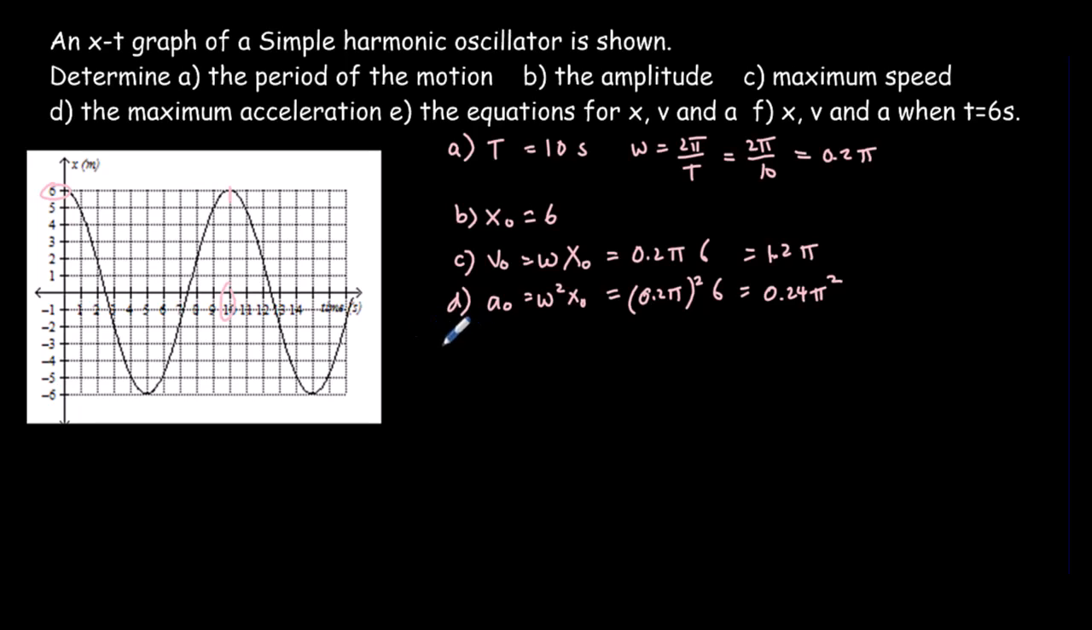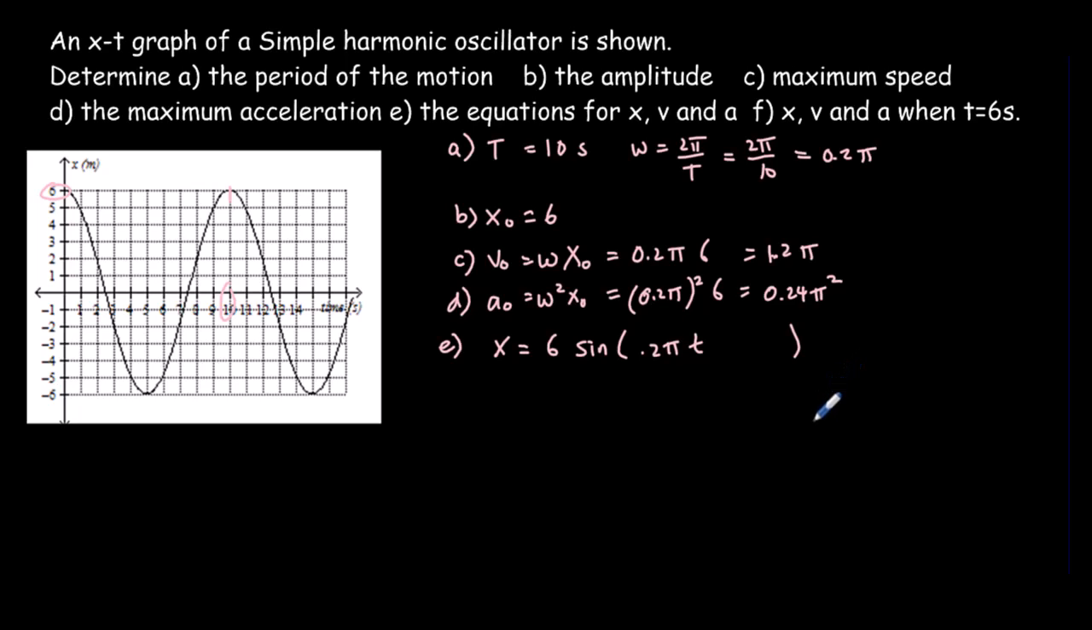So we can now write our equations. The displacement will be equal to the amplitude 6. We're going to write it as a sine function. We could write it as a cosine function. I'm going to write it as a sine function with a phase difference. So we'll have a sine, omega was 0.2 pi times t. And then we've got to figure out what that